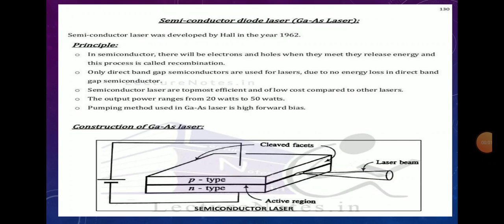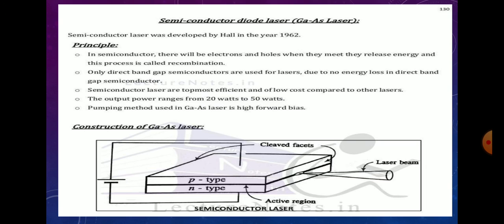Next we start the semiconductor diode laser, the gallium arsenide laser. Semi means half; conductor means the valence band and conduction band are overlapped. A diode has two terminals, one positive and one negative, and current flows in only one direction. Laser is familiar to us: a monochromatic beam, light amplification by stimulated emission of radiation.